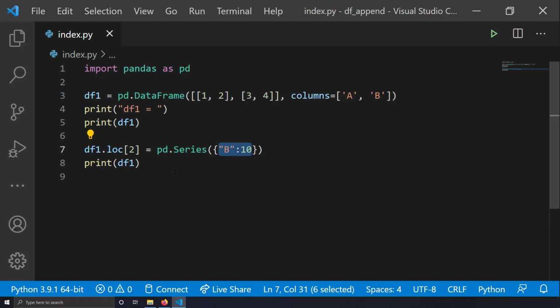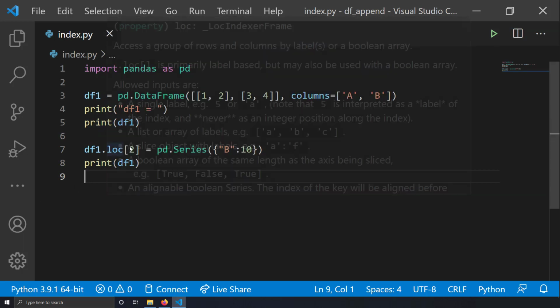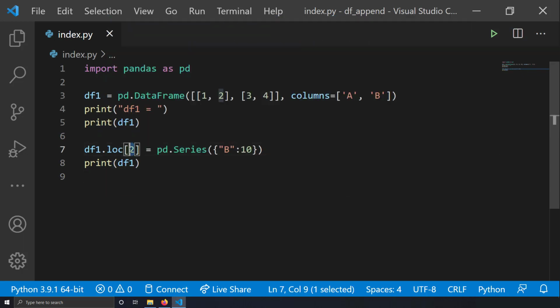This is a really powerful way, guys. So this method can be used in a scenario where your program needs to calculate each row and assign it to a data frame that way. And here you can see I've written dot loc of 2, because I know the length of the data frame is 1 and its index is auto generated. If you don't know, you can just write length of df1.